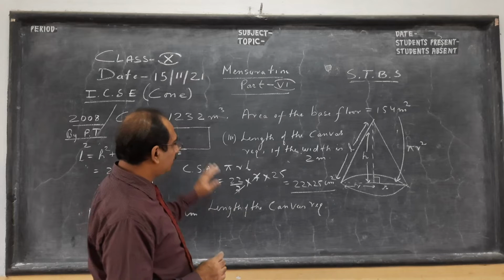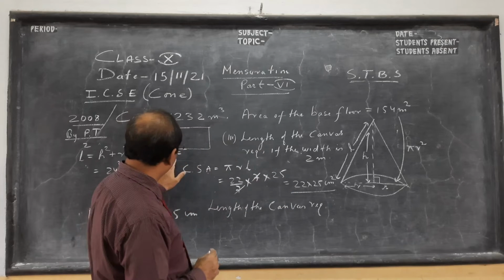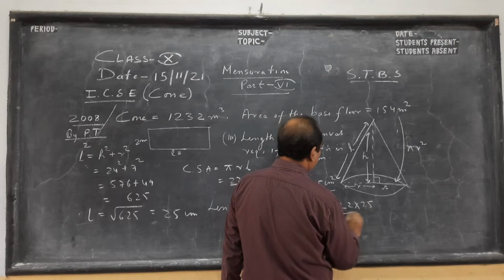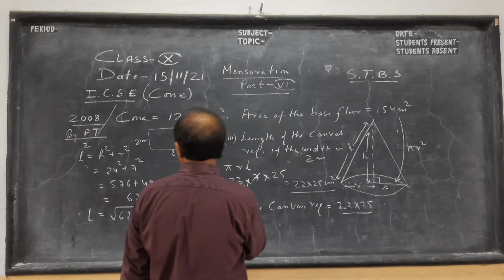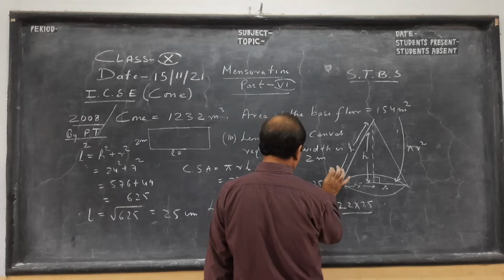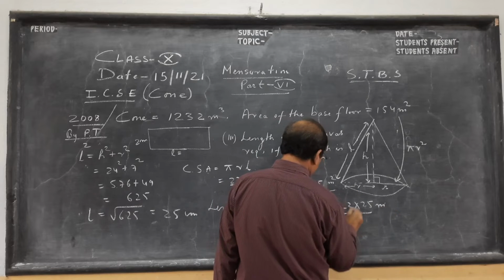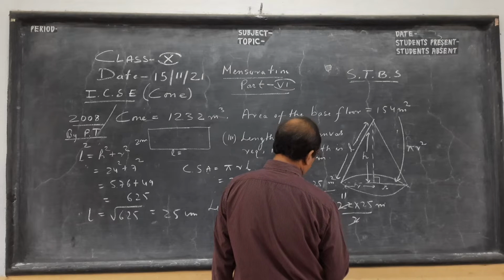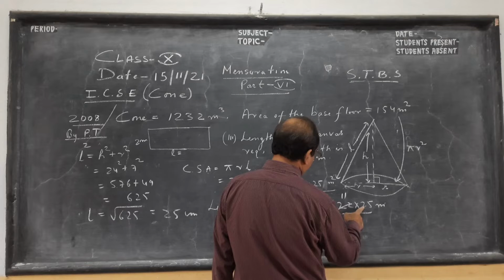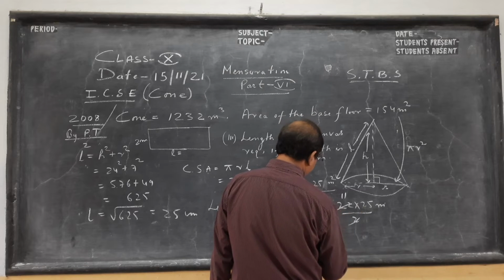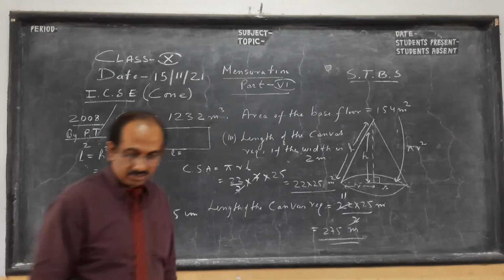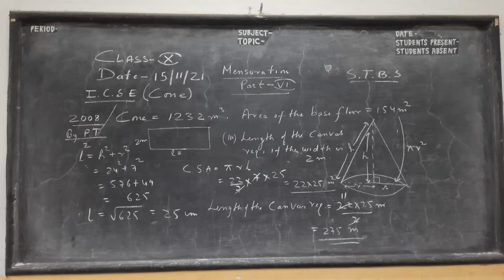So here the length of the cloth required will be this divided by 2. So it will be 22. You could have multiplied here, but my take is 2. I think this should all be in meter. If I am not mistaken, this should be meter by 2, 11 and 11 into 25. 25 4s are 100, 8s are... So this will be, I think, 275, not 375 meter. So the length of the canvas required will be 275 meter, not 375.